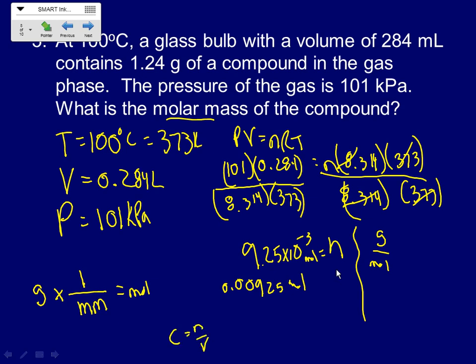Well, molar mass is a conversion factor. And molar mass's equivalent conversion factor is grams over moles. Sorry, I got it upside down. So you take your mass and divide it by moles, and that's your conversion factor. Either way, it doesn't matter. I'm just going to take this little thing here, grams per mole, and I'm going to put 1.24 grams, and I'm going to divide it by 0.00925 moles, and I'm going to erase this,